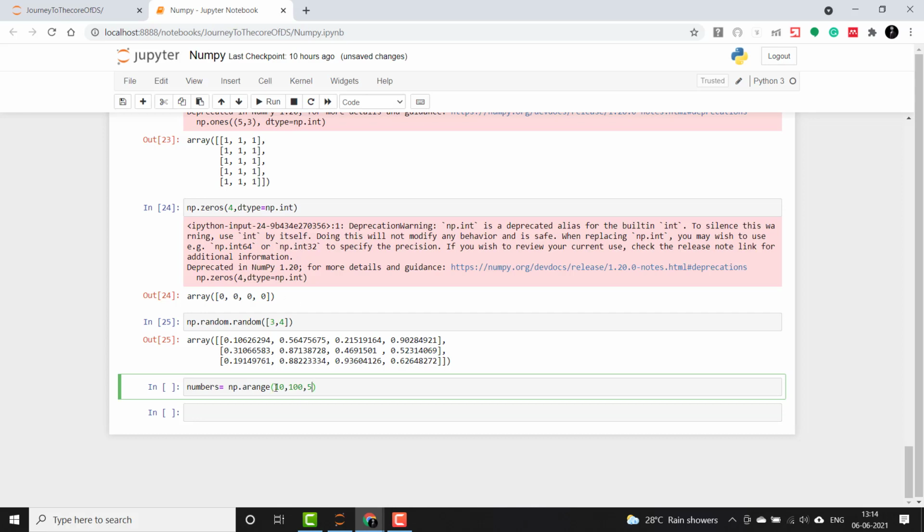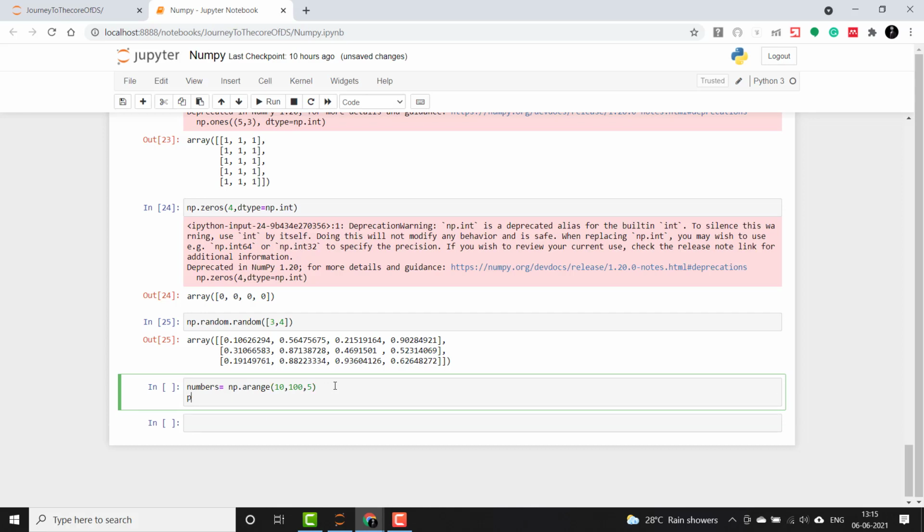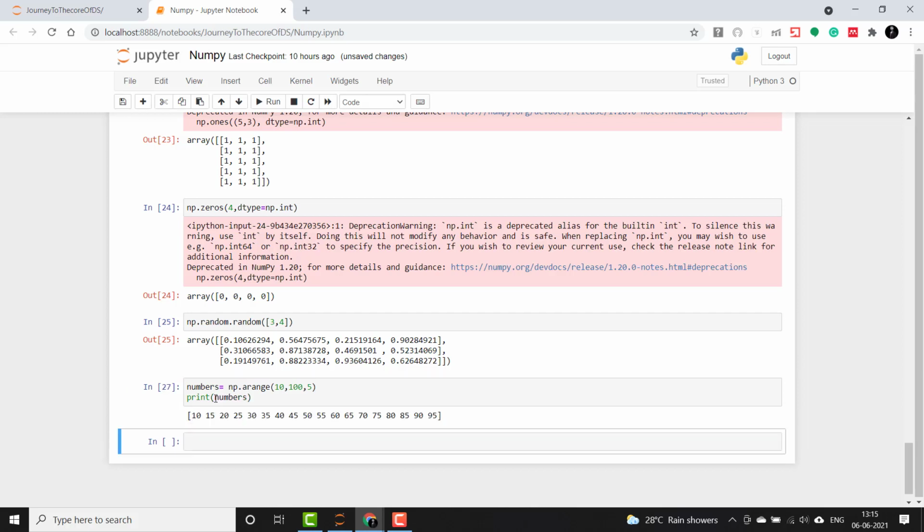So guys, you remember that this is the inclusion part in range also, and this is the exclusion, so it behaves the same in arange also. Okay, and this is the step size that it will be incrementing. Okay, now let's print this. It starts from 10 and does an increment of 5 and reaches up to 95 with exclusion of 100.